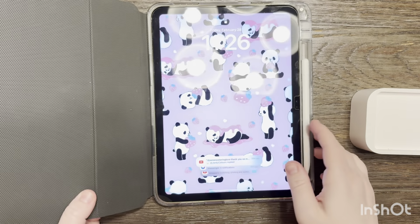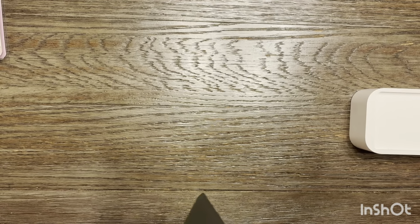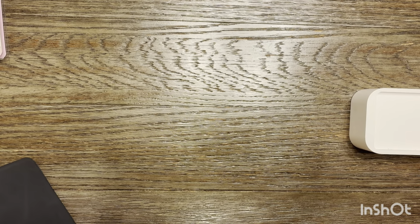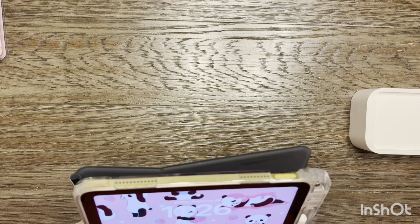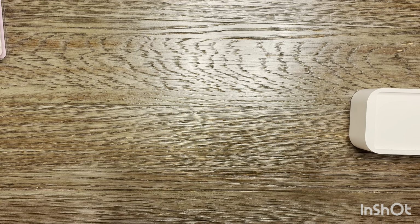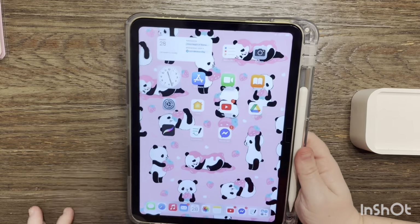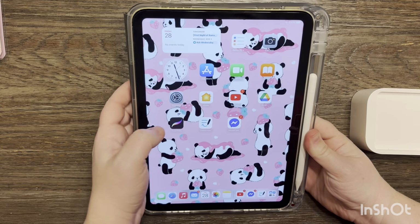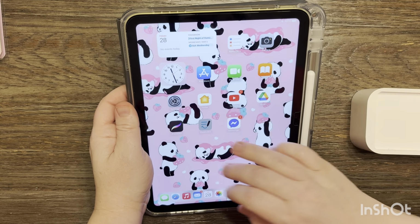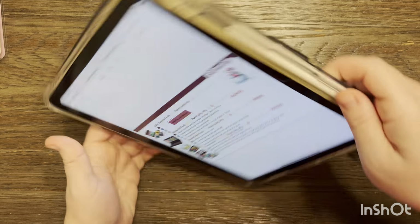Then I'm going to pull up my iPad here so you can see. I'm trying to make it so that I can lay it flat. Okay. So, in my GoodNotes app,